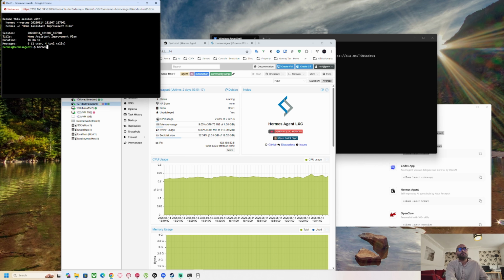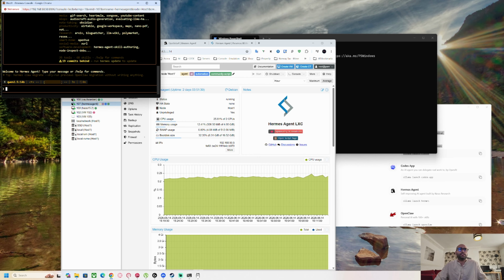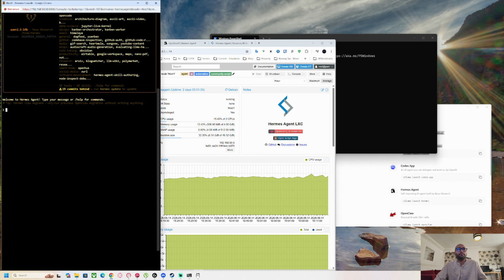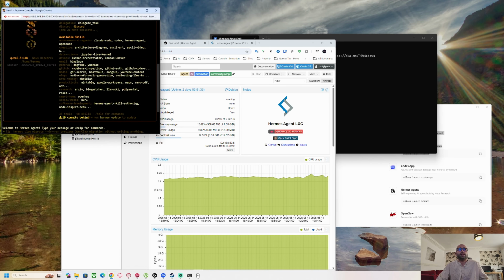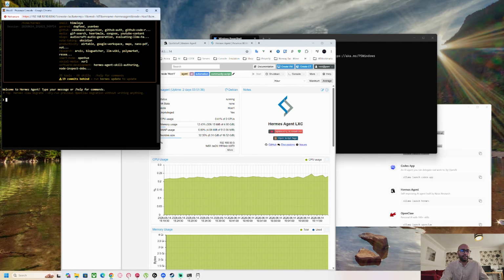Okay, so it was already connected, and I was already working on something, as you can see, called Home Assistant Improvement Plan. So this is already connected to my Hermes. Okay, so this is our instance. It shows you what sort of model it is running as well. So we're just going to say